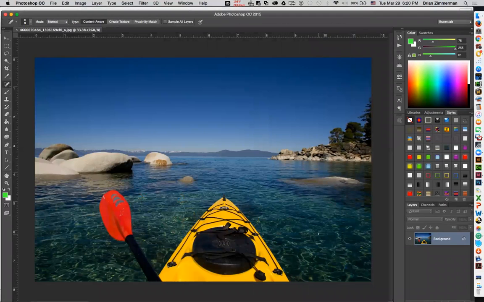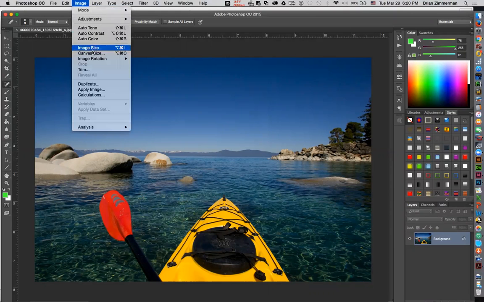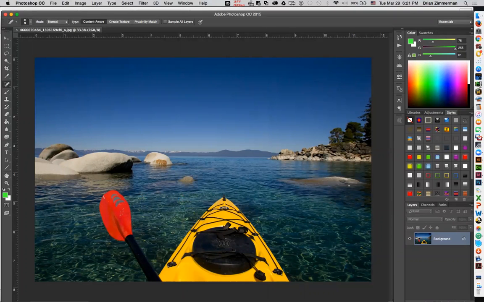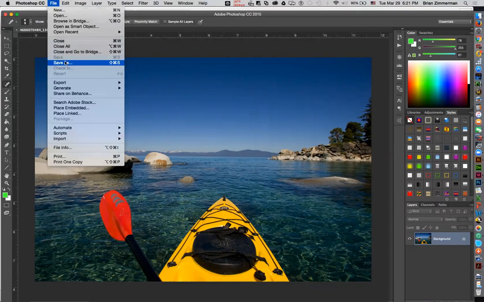Nice picture. I'm not going to do any messing with it other than changing the color balance. This is a good picture. What I am going to do is go to image size. And wow, this thing is at 300 pixels per inch already. It doesn't get better than this. You're not likely to have this happen. So I'm going to say okay, and I'm going to go File, Save As,